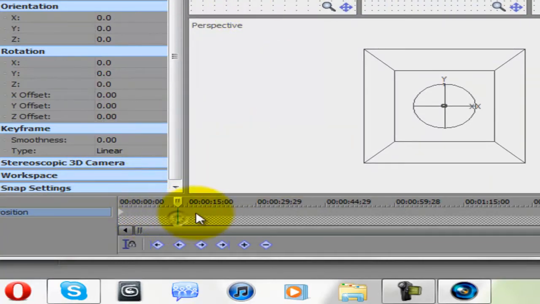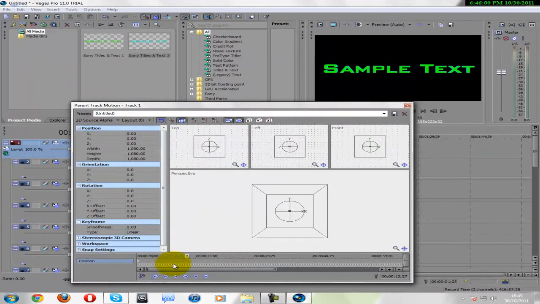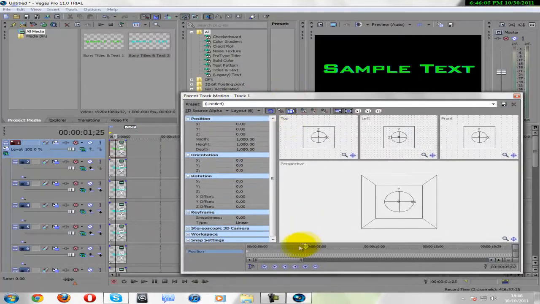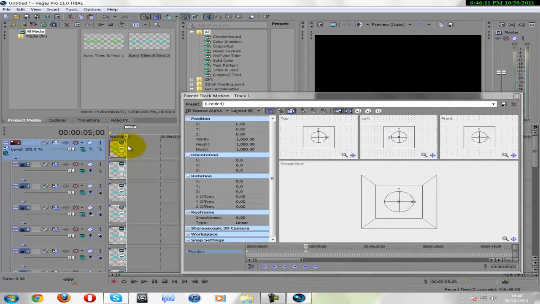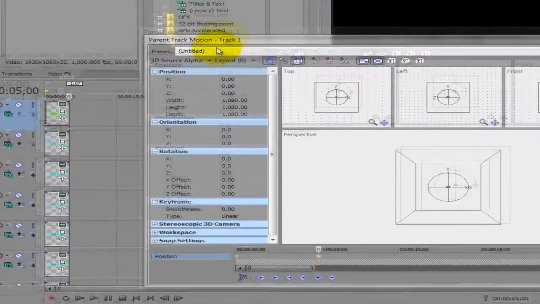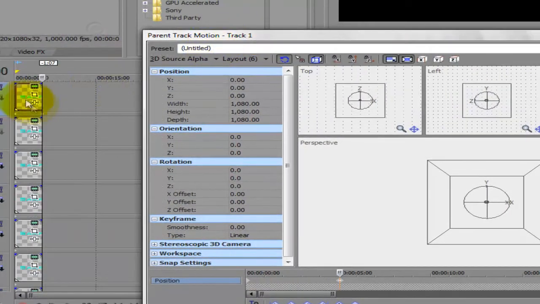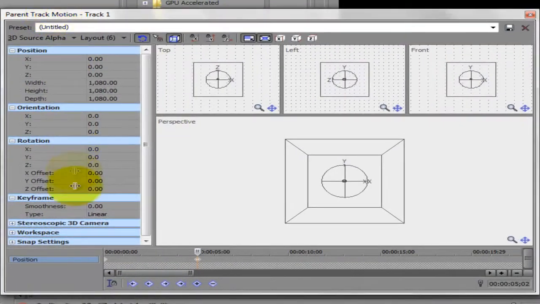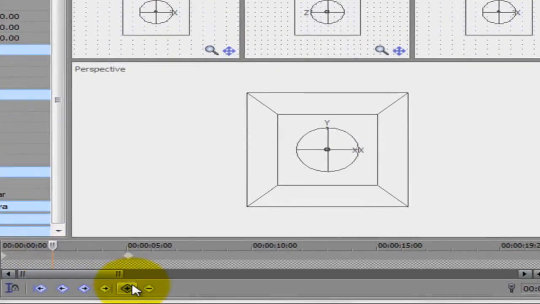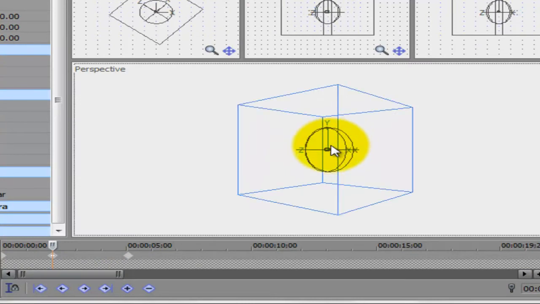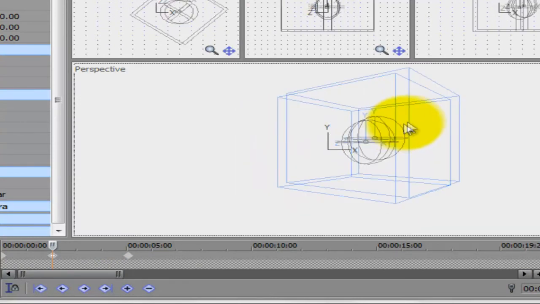So, by the way, this is 5 seconds long, so just so I know where we are, at 5 seconds I'm going to add a keyframe by clicking this icon here. If you want to change how long it is, just drag it out however long you want, but I'm going to leave it at 5 seconds. So what I want to do now is, about here, add another keyframe, and I want to rotate it, move it,